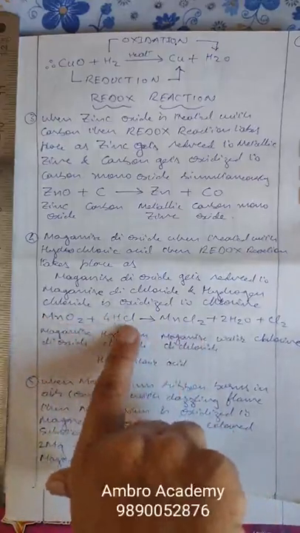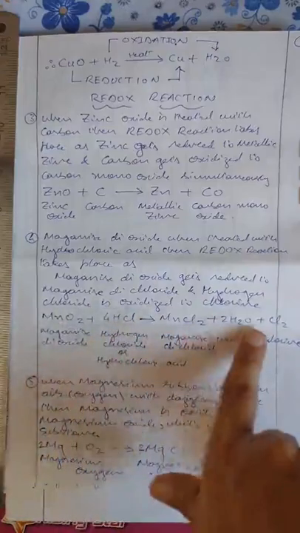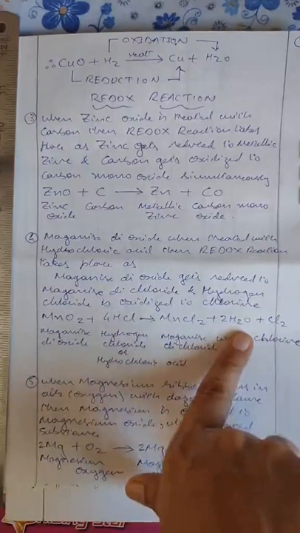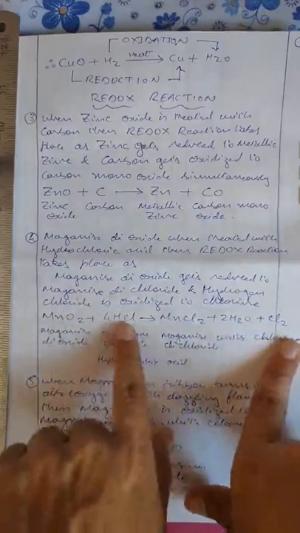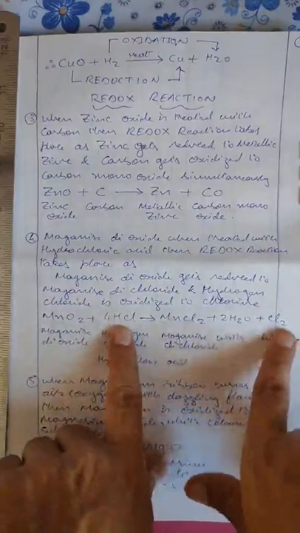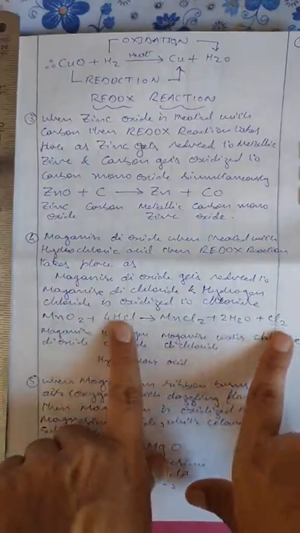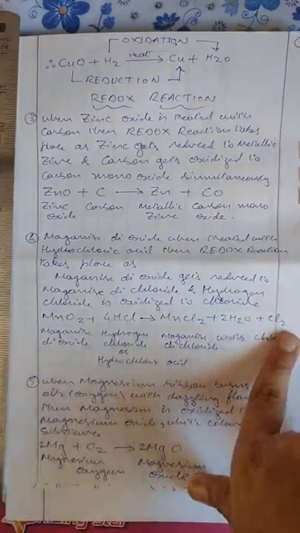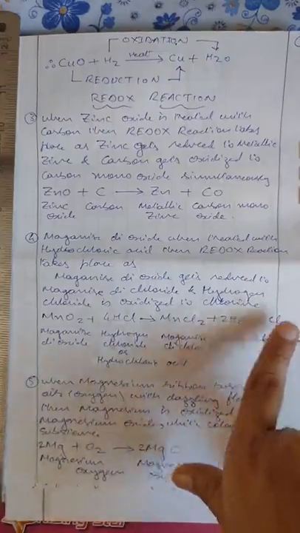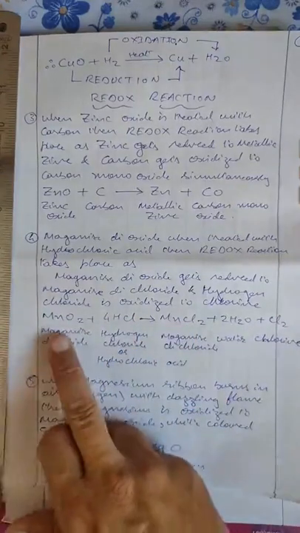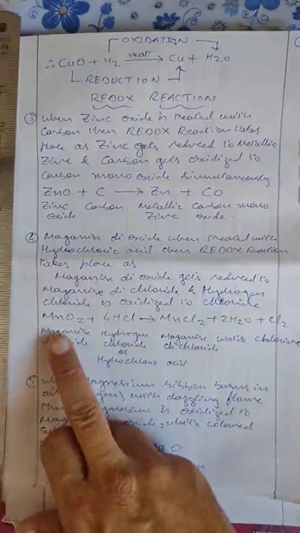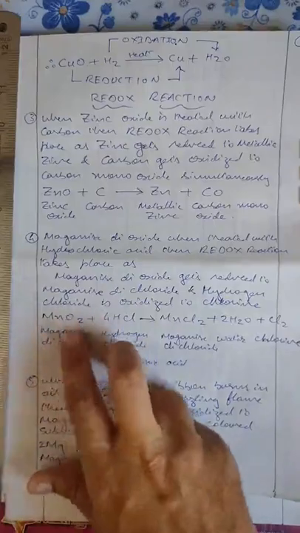Here hydrochloric acid gains oxygen, hence we say hydrochloric acid gets oxidized, chlorine especially, because here chlorine is attached to hydrogen, but here you are getting directly chlorine. So hydrogen is removed. When we remove the hydrogen, we say chlorine is oxidized. So chlorine is oxidized and manganese is reduced. So what type of reaction is it? Redox reaction. One element is getting oxidized and one element is getting reduced. Reactants we are talking about.